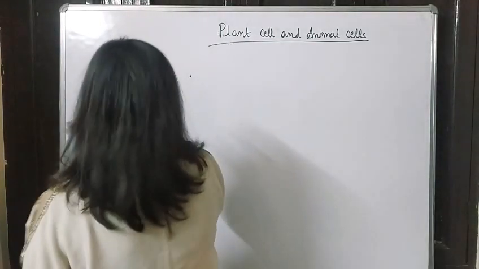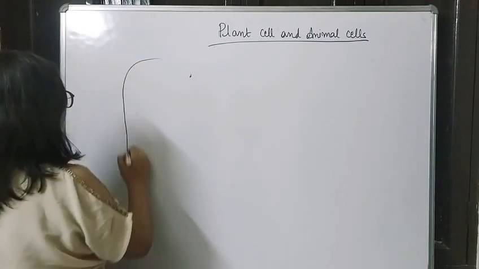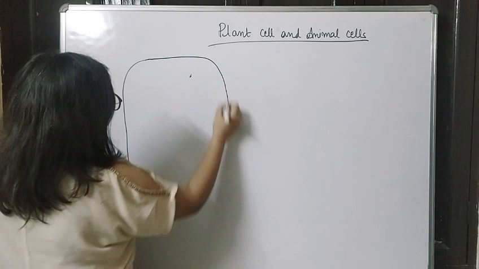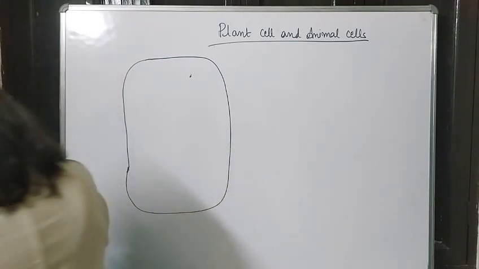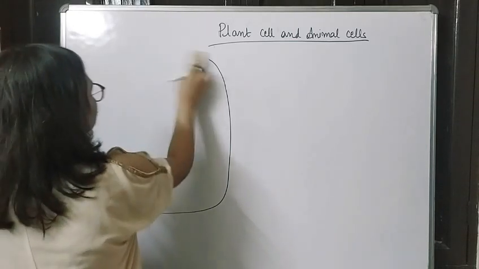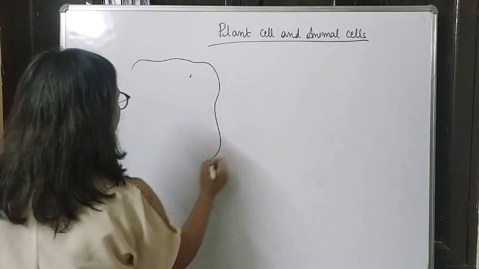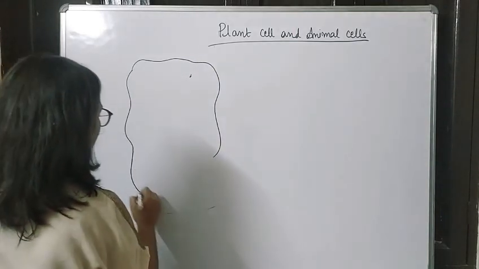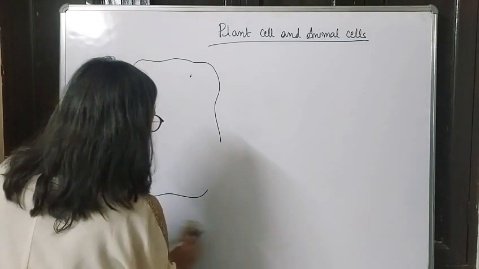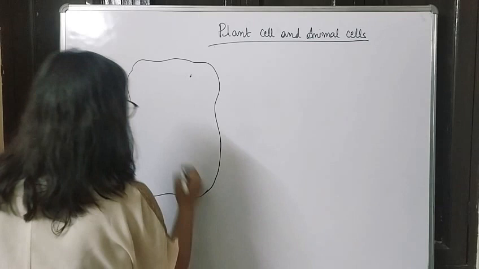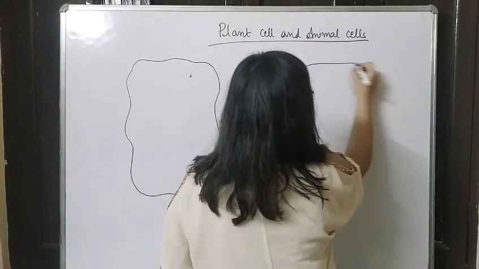So when we talk about animal cell, it is quite simple than plant cell. So here I am going to draw animal cell. You can also learn how to draw an animal cell and please understand its parts. Just slightly like this, it is very irregular. This is the animal cell we have, and then here I am going to draw the plant cell.